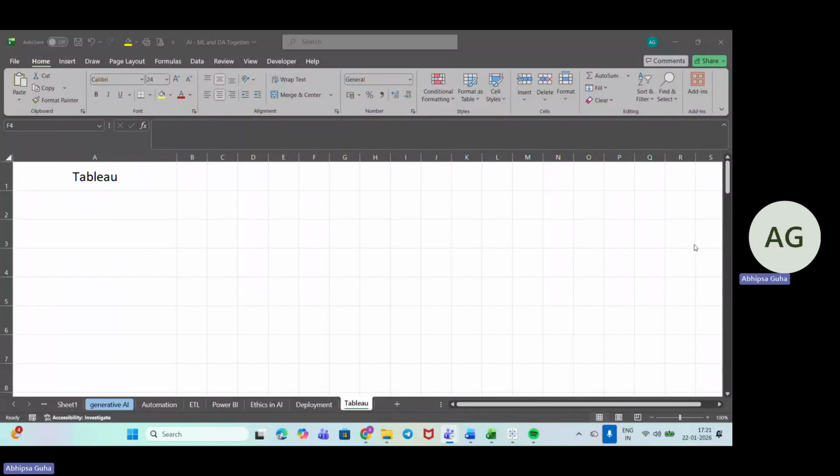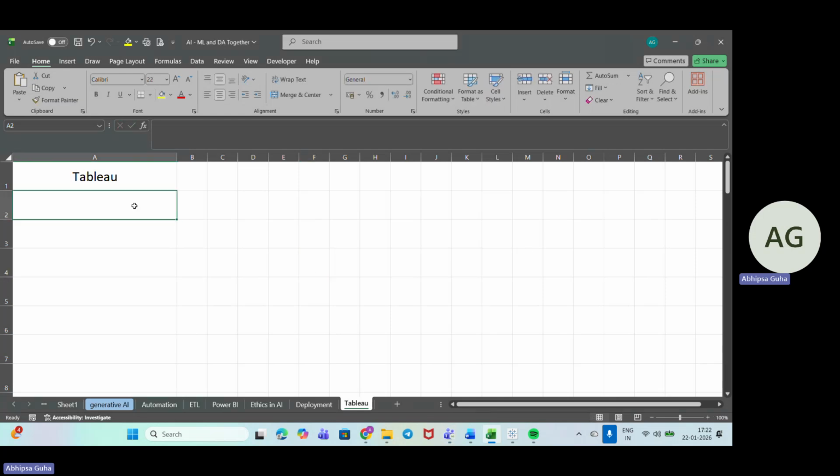So we will first understand what Tableau is. Just like Power BI, Tableau is also a visualization tool. Tableau helps us turn boring numbers into colorful charts so that we can understand things quickly.